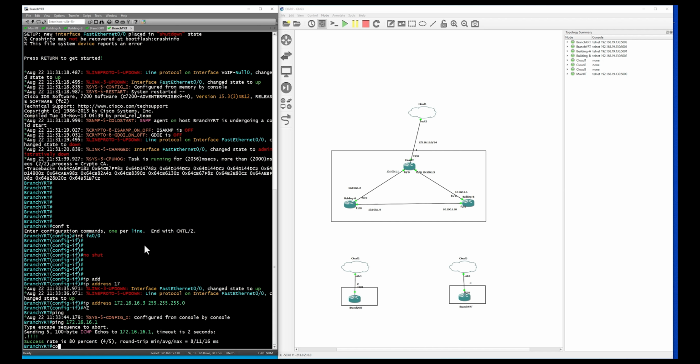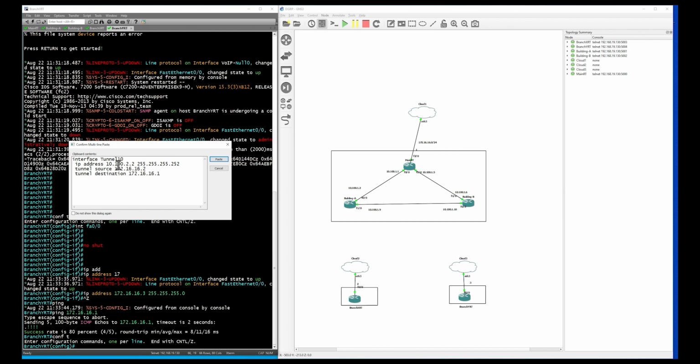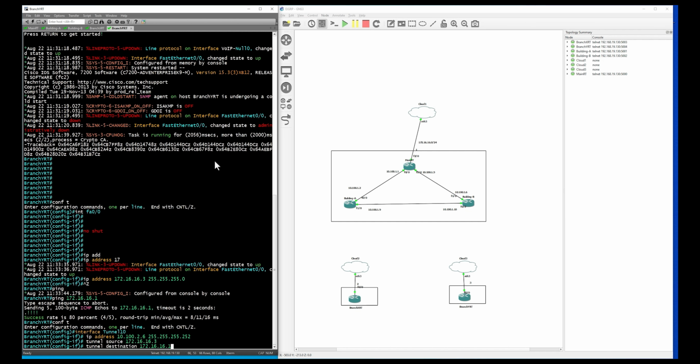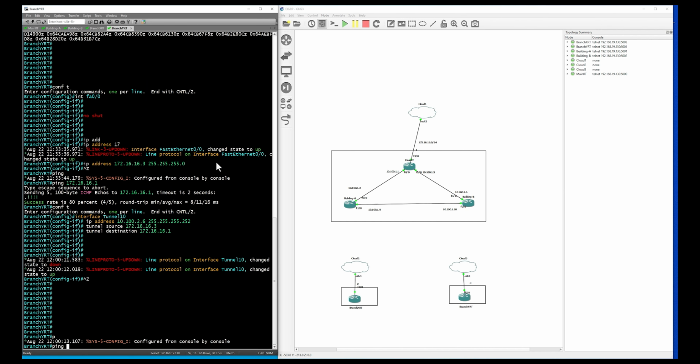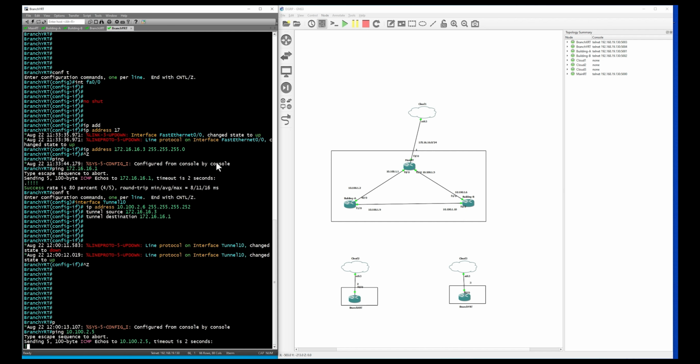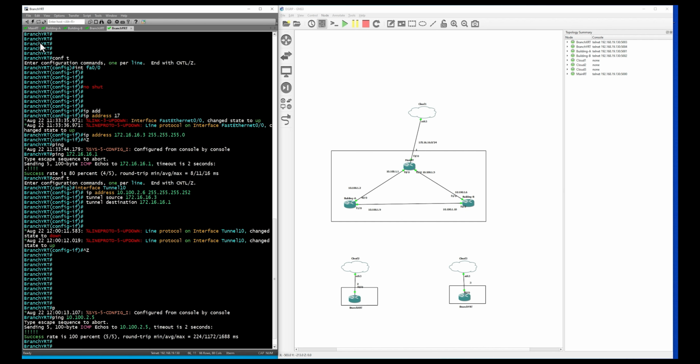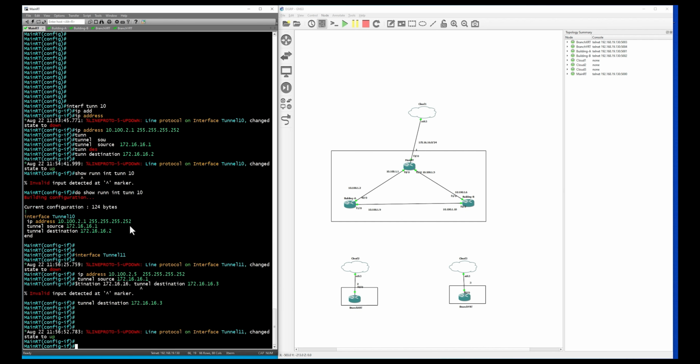In branch Y, here we have IP address .6 and tunnel source is .3 and tunnel destination is .1. We can check also this tunnel by doing a ping. So we go back to the main router